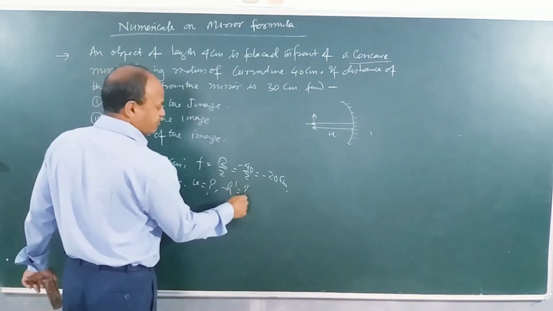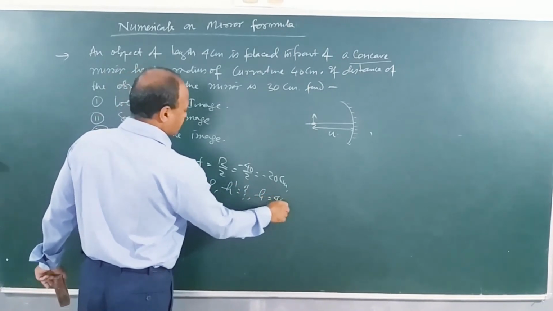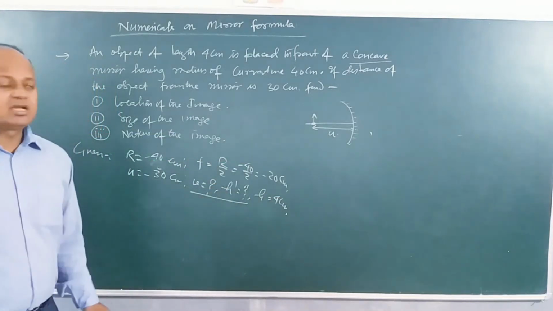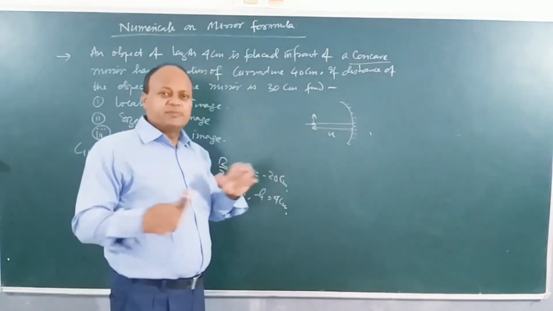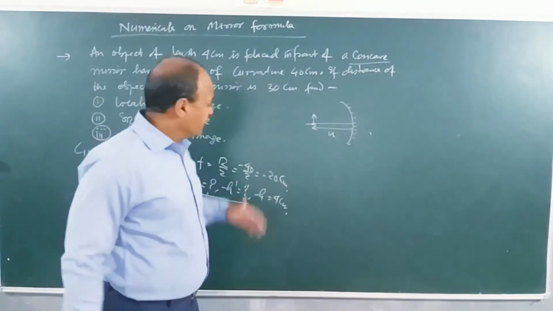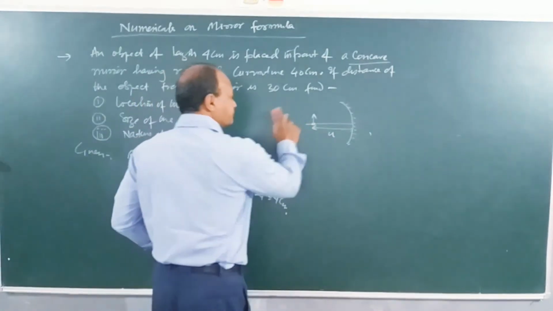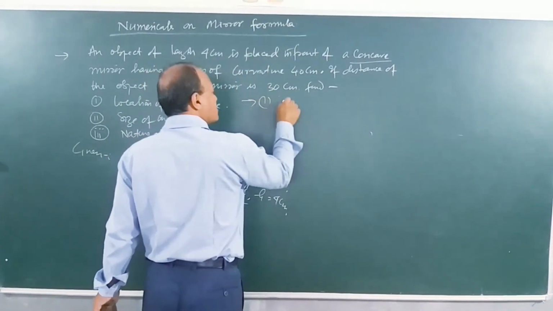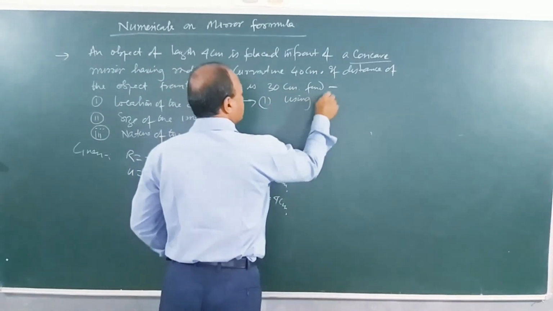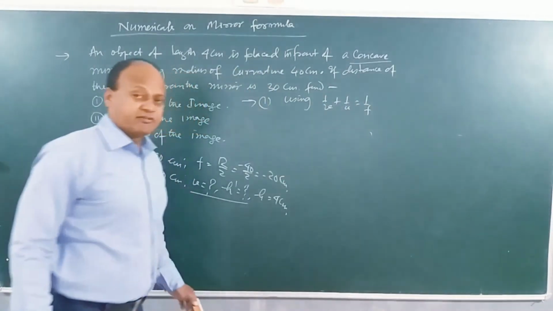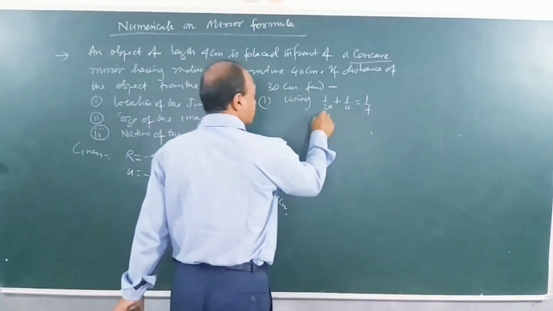These two things have to be calculated, and all these other things are given to us. I'm visualizing that this is the mirror and this is the object. I need to visualize by drawing a rough diagram or sketch so I have a clear idea what is given and what I have to find out. Now the problem is very simple. For the first answer I'll be using 1 by v plus 1 by u is equal to 1 by f. We'll insert all these values which are given to us. V I need to find out.